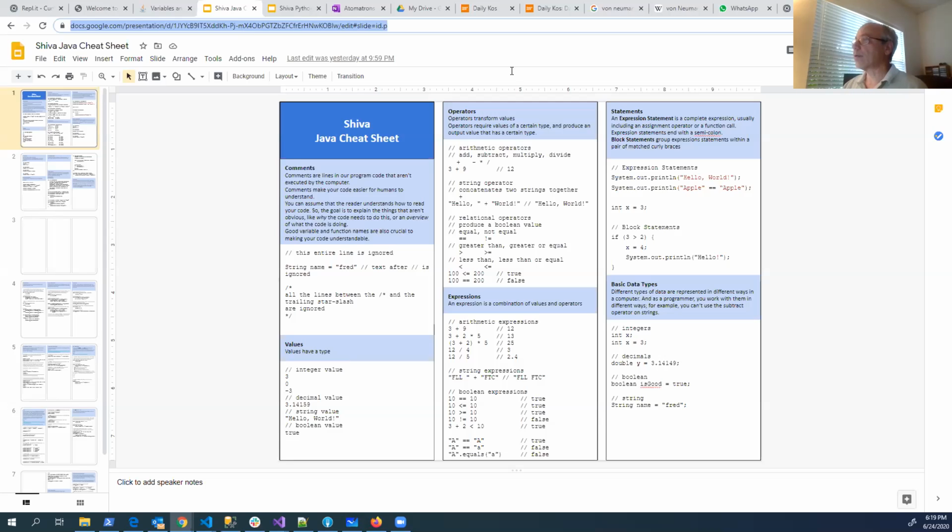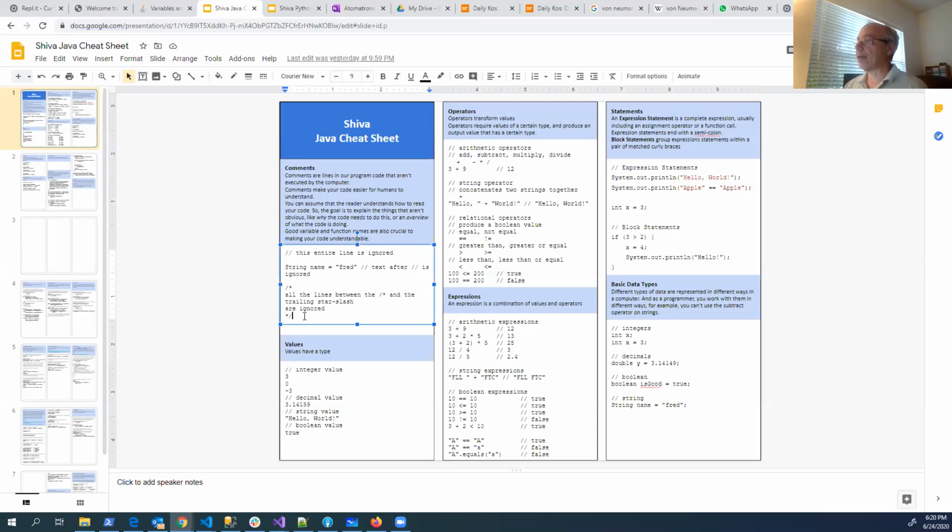All right, so the first thing is going to be comments. Comments are things that are ignored by the computer. And so you're like, well, what's the point? I mean, the whole point is that we're writing something that is going to make a computer do something. But it's very easy to write programs that humans have to be able to understand, as well as computers. Because we have to be able to look at our source code, understand what it's doing and why it's doing it. And so the comments help us with that.